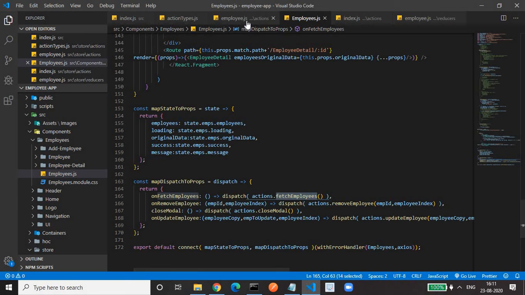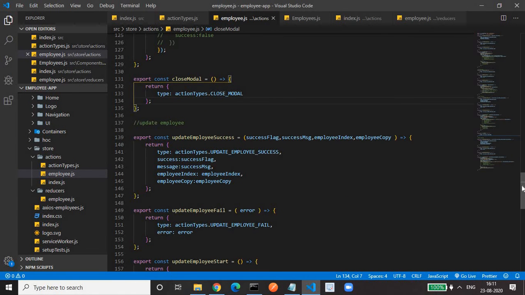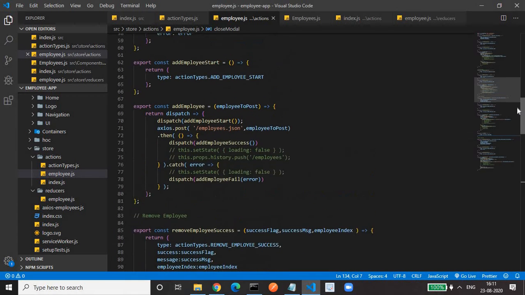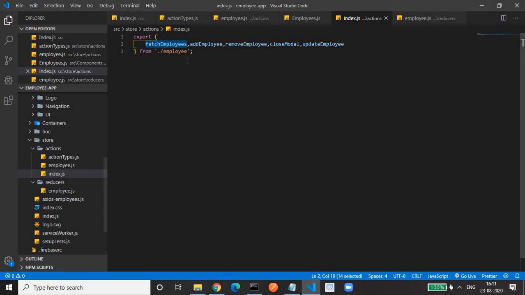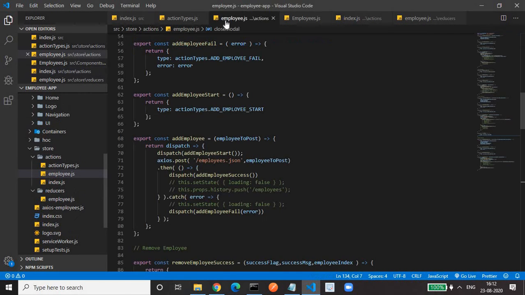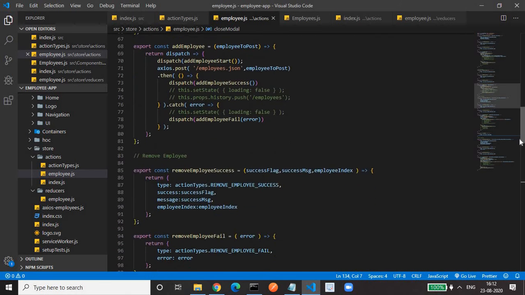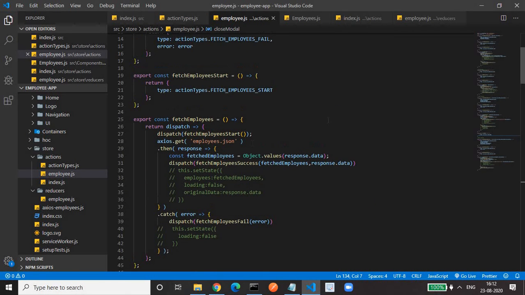And if you go to the fetch employees action, let's revisit that action. In fetch employees action, first we go to the index.js file, fetch employees here, then it goes to the actions file, where it will call this asynchronous action, in which we are dispatching the loader, dispatching the success action or the fail action.